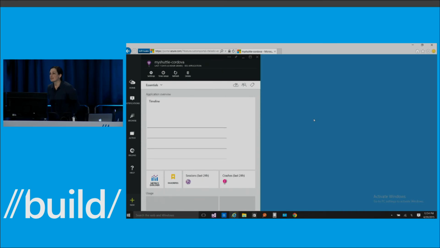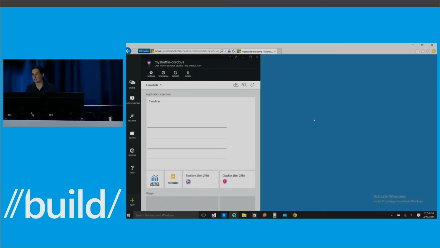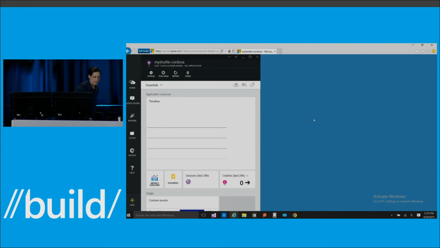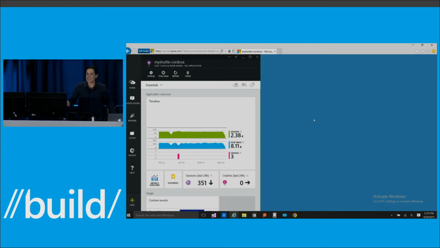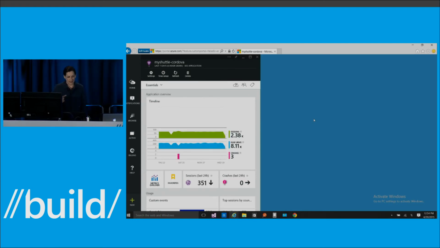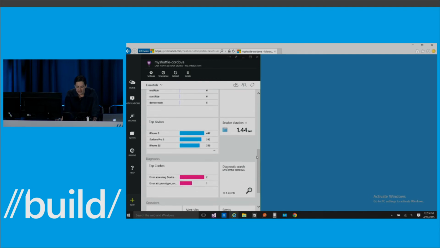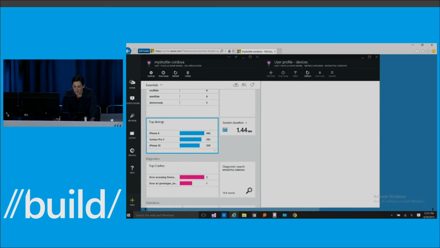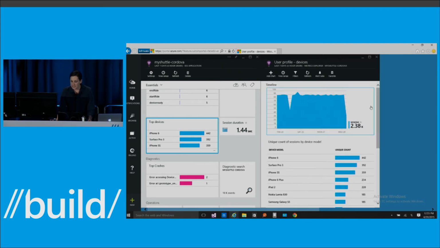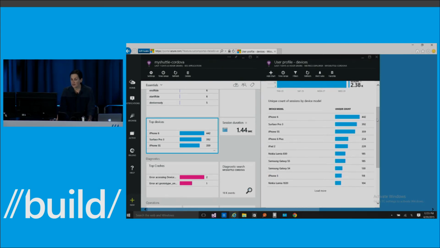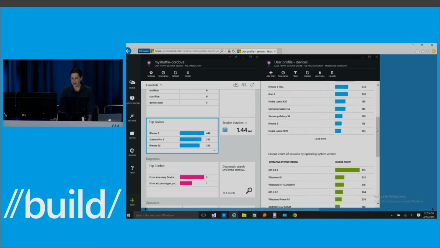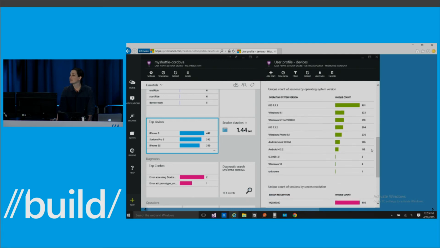Now, there's a number of things that come automatically for mobile applications if you use App Insights or Application Insights. First of all, sessions, page views. We've done some work to integrate crashes here, and this is from the HockeyApp acquisition that we did earlier. You can also see that I can see the top devices. So if I go into top devices, you can actually see all of the different device models that are using my application. So this is iPhone 6, Surface Pro, the different operating systems that are running my app.